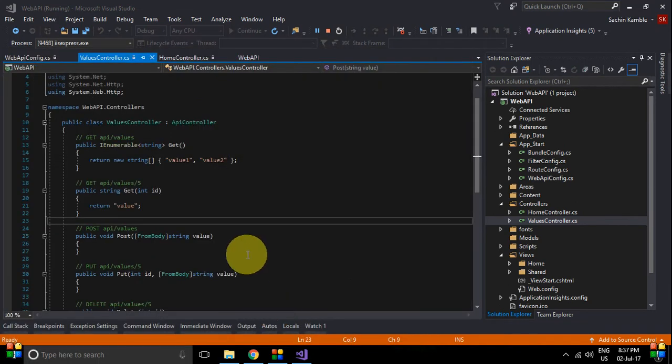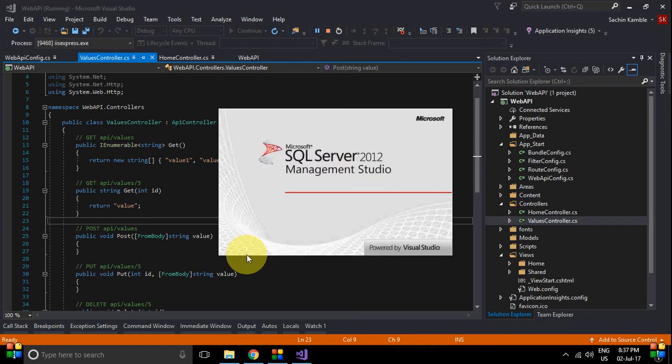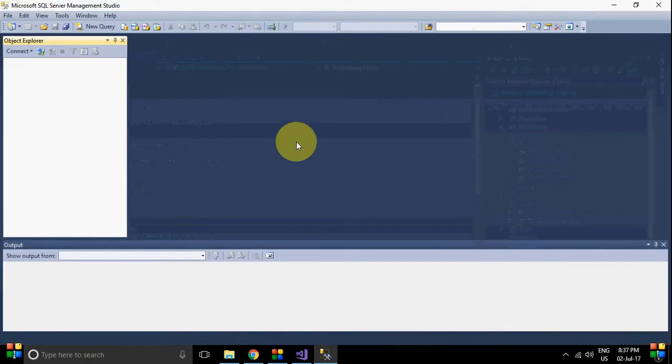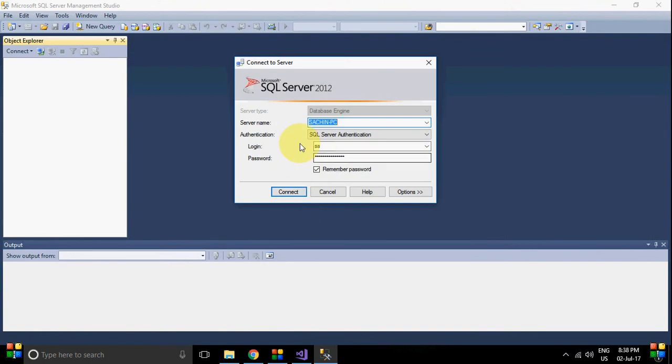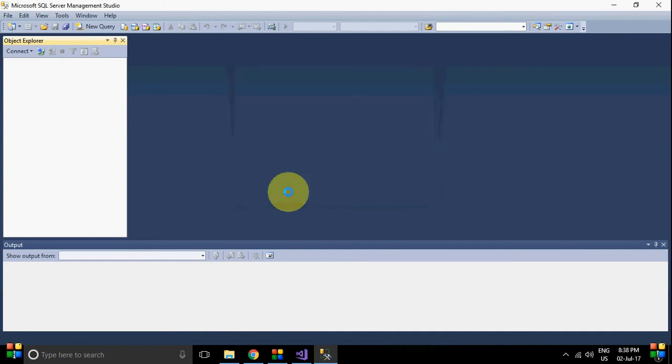So launch the SQL server. You can install this Express Edition of SQL server. Then create one table here.